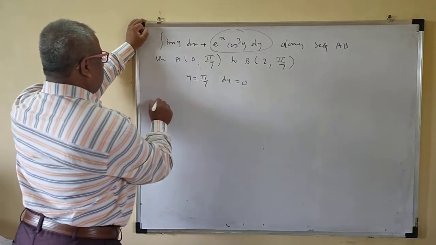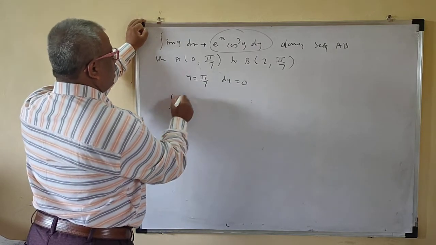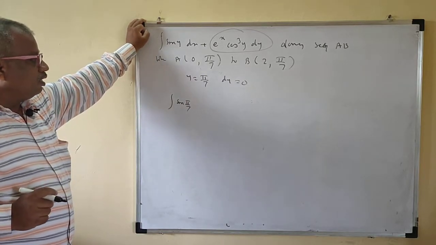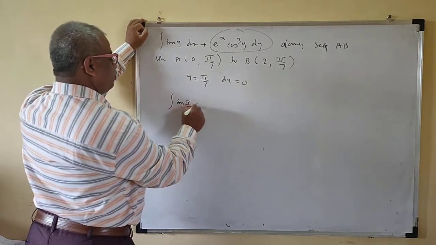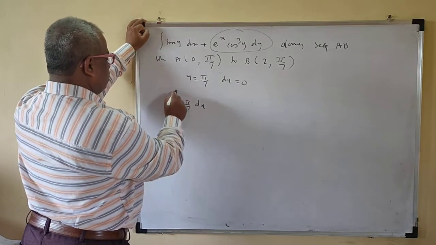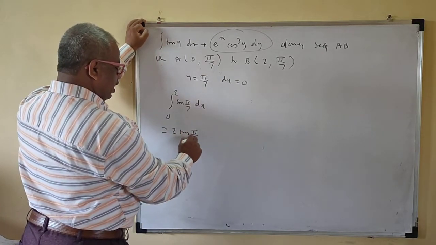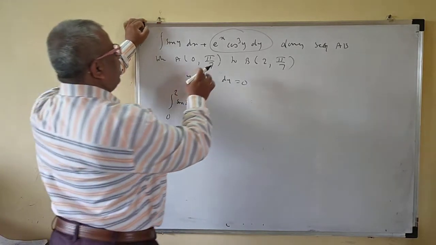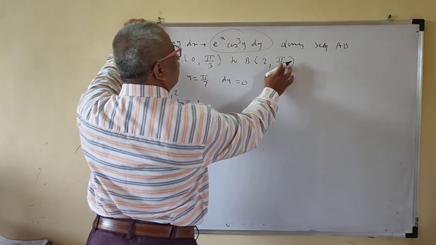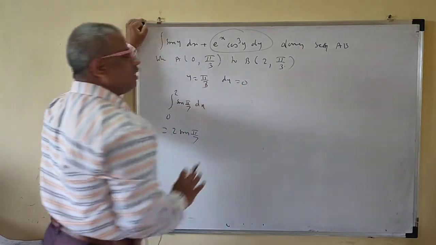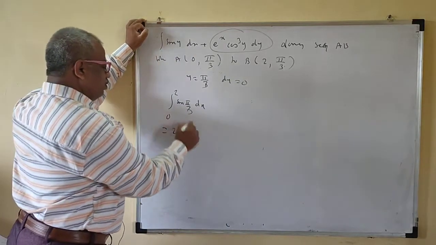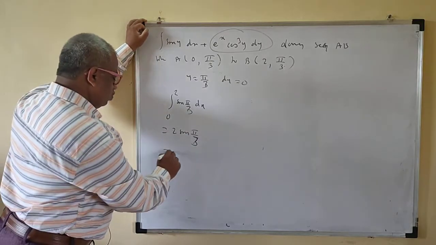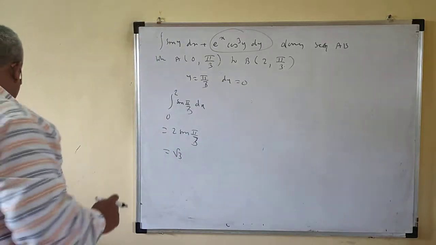Okay, so now your integral is sin y dx. Sin y means sin of pi by 7, dx, and the range of x gives 2 sin pi by 7. So you can find the value. Suppose if you take this as pi by 3, again dy will be 0. Then you can find sin pi by 3, which is sin 60 degrees, that is root 3 by 2. So this answer will be root 3 then.